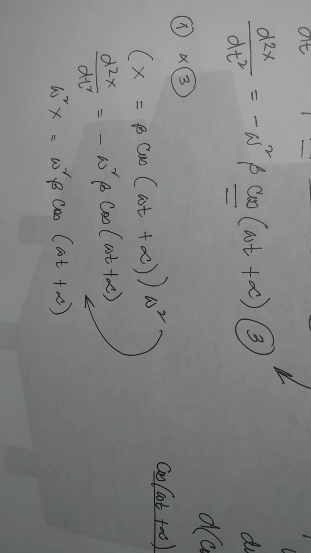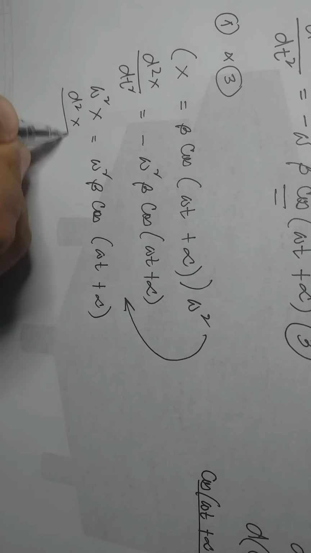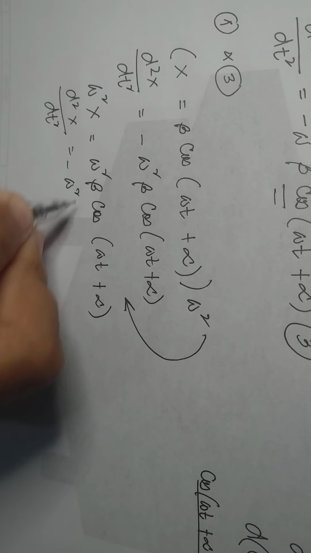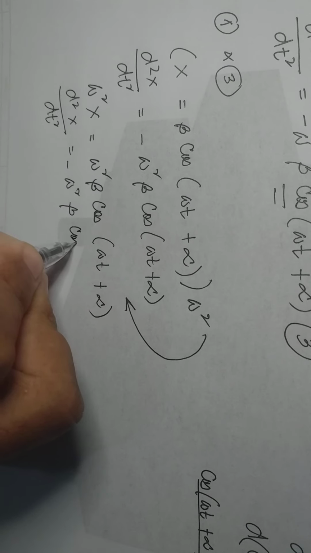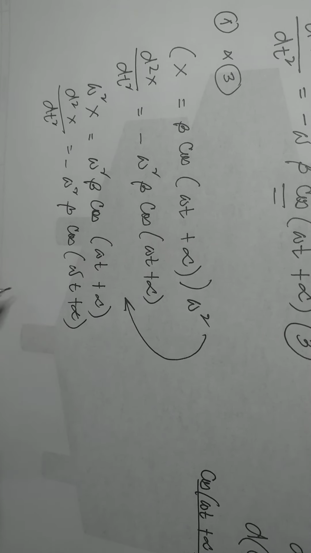And just copy equation 3. d squared x over dt squared is equal to negative W squared beta cosine (Wt plus alpha). Adding